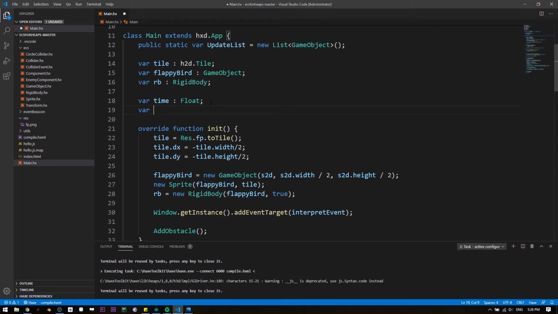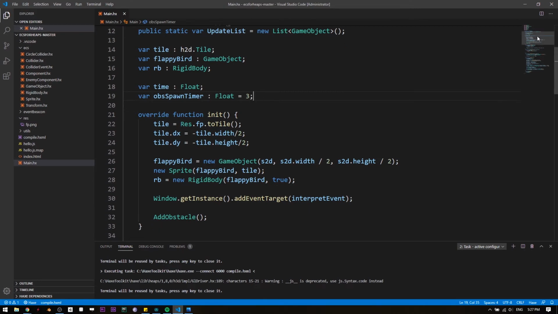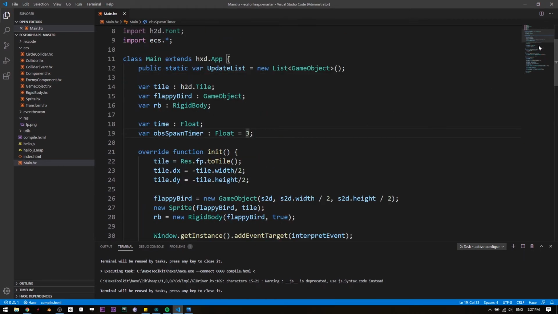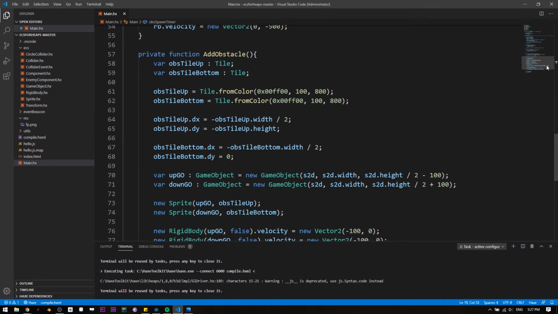Yeah, add another variable, spawn OBS timer, and so if we set it to 2, there's going to be an obstacle spawned every 2 seconds. I don't want 2, I want like 5, so maybe 3, I don't know. It's very slow. Our obstacles are very slow. So yeah, that's that. And after that, we want to go